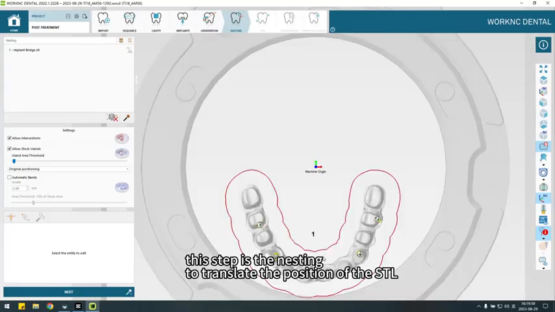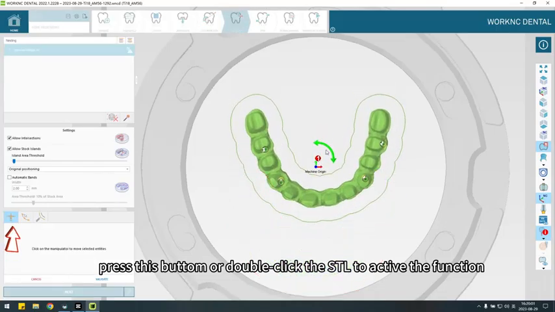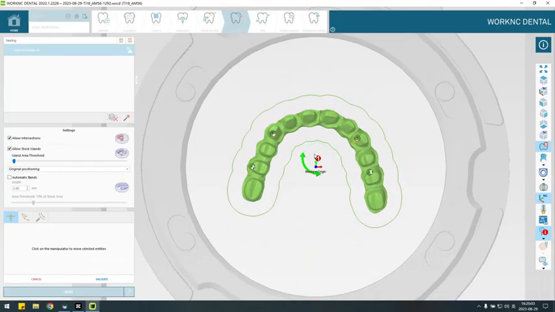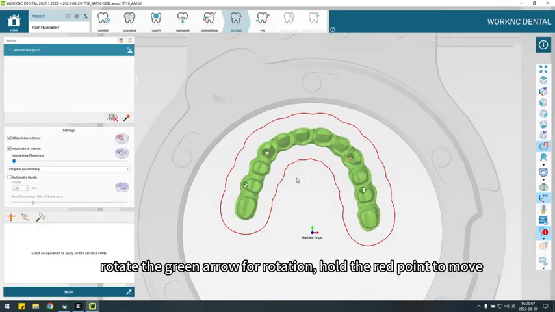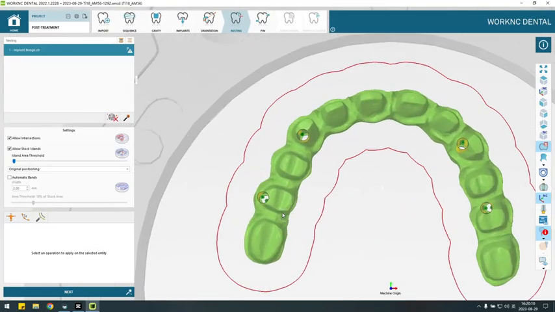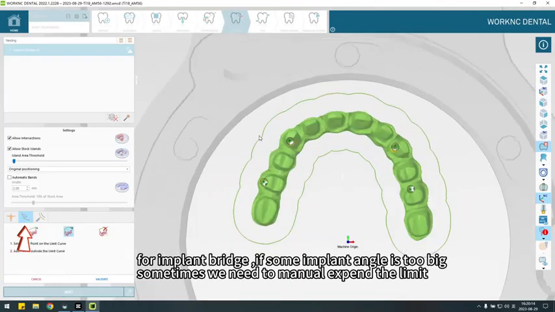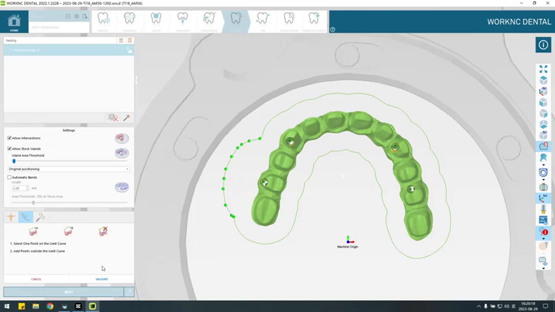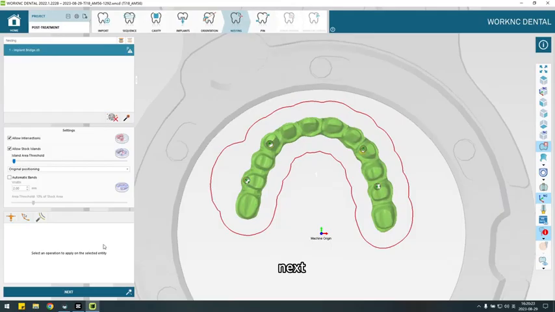this step is the nesting, to translate the position of the STL. Press this button or double-click the STL to activate the function. Rotate the green arrow for rotation, hold the red point to move. For implant bridge, if some implant angle is too big, sometimes we need to manually expand the limit. Next,